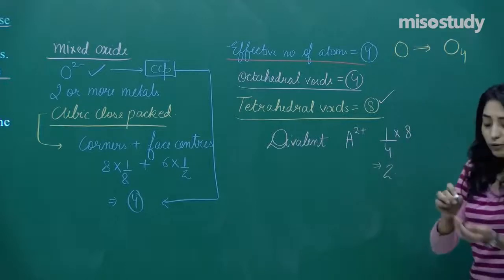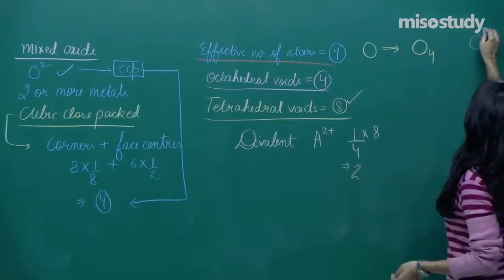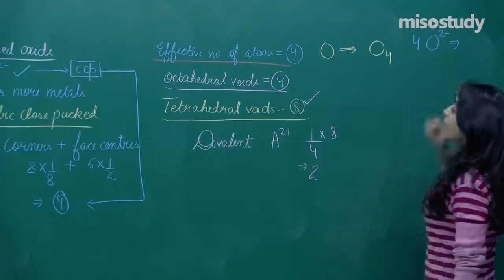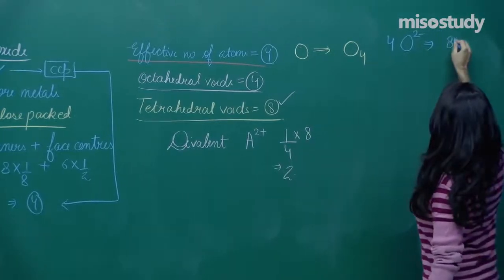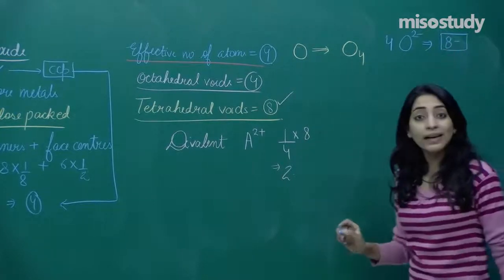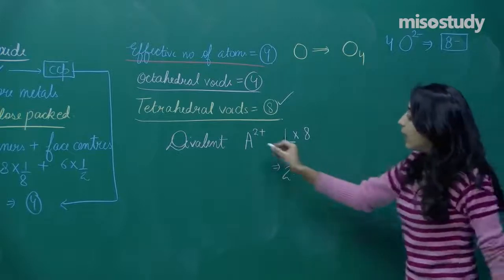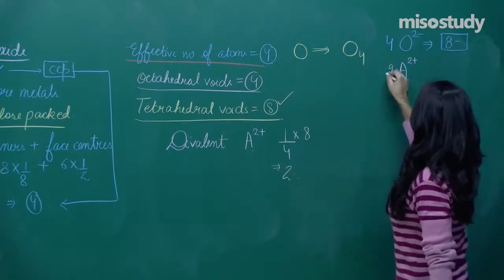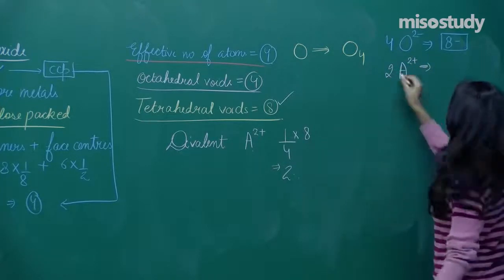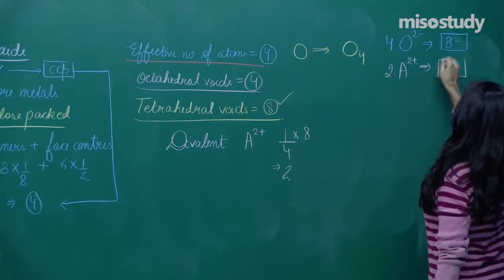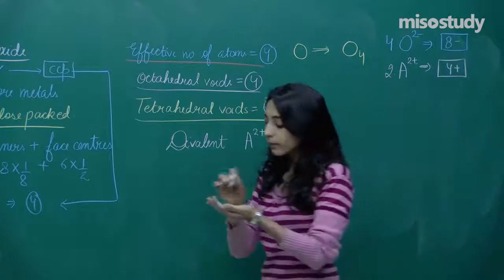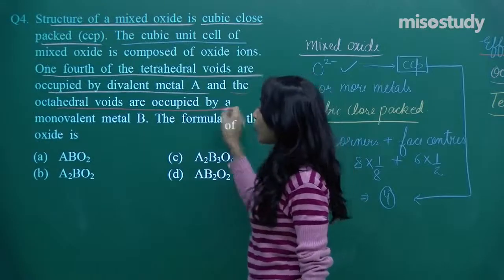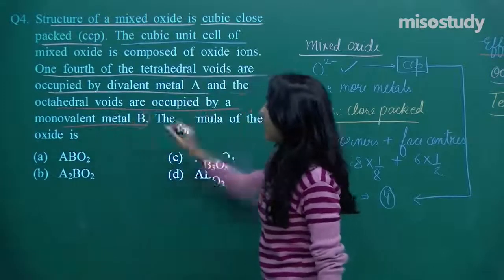Okay. So guys, see carefully. If I am saying oxygen were there in 2 minus, and how many such oxygens were there? 4. So making it a total of how many negative charges? 8. So we got a total of 8 negative charges, right? Now see, how many A plus are there? A 2 plus, finally we get 2. So how many positive charges are there? So 2 into 2, 4 positive charges.